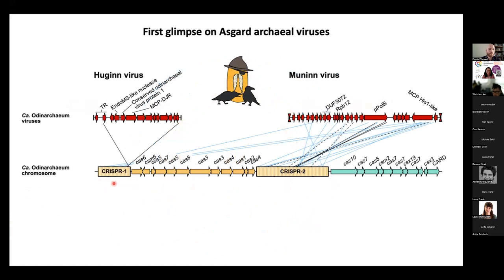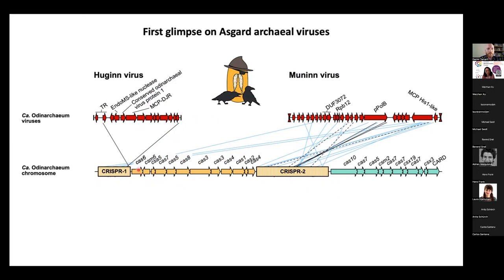CRISPR repeats are interspersed by these CRISPR spacers that are incorporated from mobile elements that infect the cell. So by incorporating these small regions of mobile elements, we could understand a little bit more about the mobilome of Asgard Archaea. This is something that we were after for quite a while. And by doing this, here I'm just showing basically lines between these CRISPR cassettes and these two particular elements. The different colors just mean different methods. But there's a very clear relation between these two contigs and the spacers that we find in this CRISPR